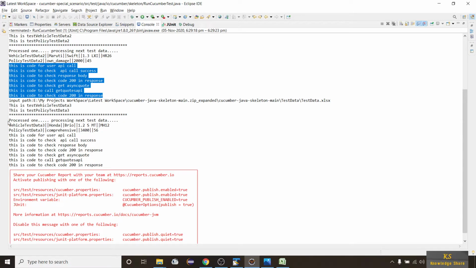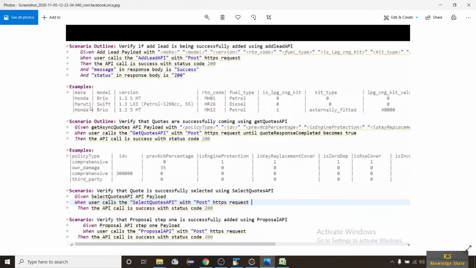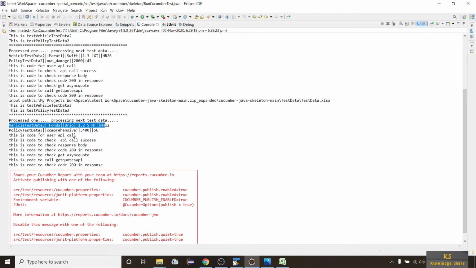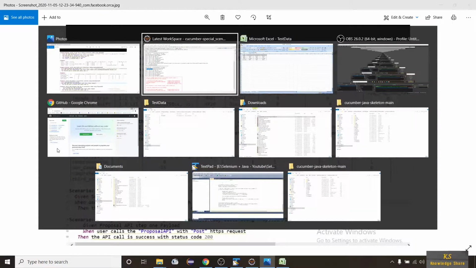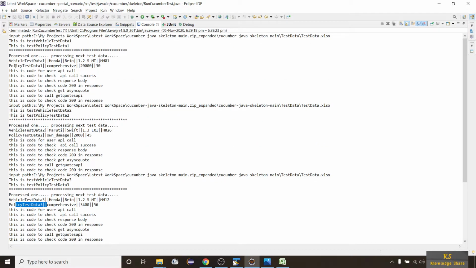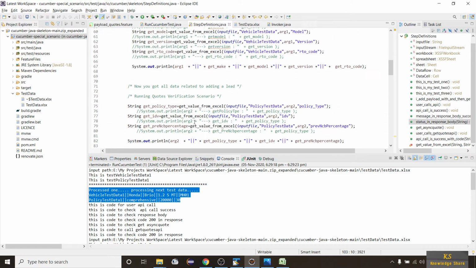Next, it will process test data 3 as you specified here. See Honda Brio, and again policy test data 3, here comprehensive 30,000. So as you required, this is processing one test data from scenario 1 and one test data from scenario 2, but we combined it into one scenario so that your requirement is fulfilled.